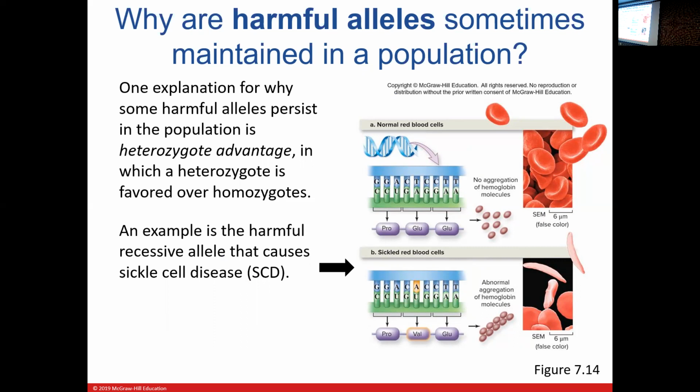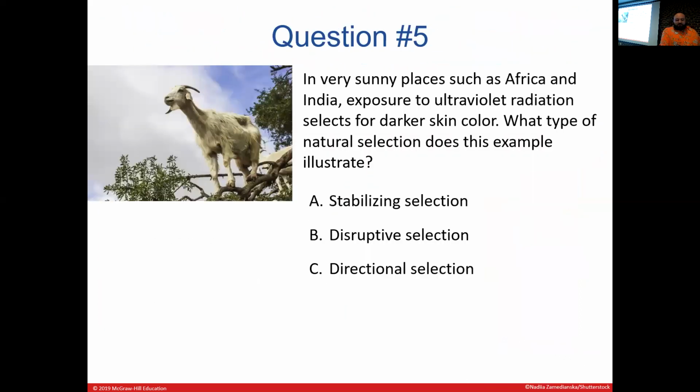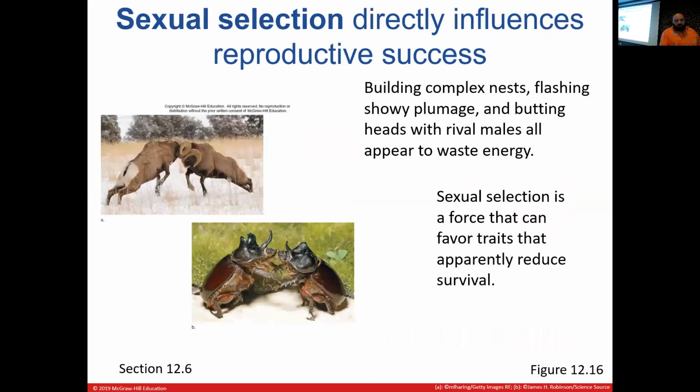However, if you're homozygous recessive, you're probably going to get pretty sick. So it basically kind of works out to where you have your heterozygous individuals doing best, then homozygous dominant, then homozygous recessive. If that makes sense. Again, you can get a little bit more into specifically why that happens, so we'll skip that real quick.